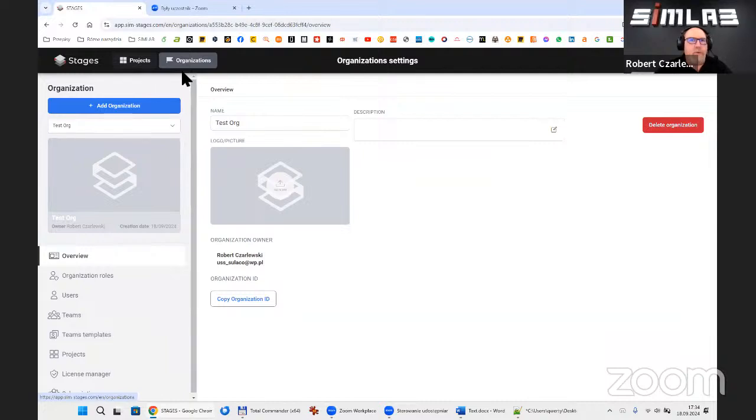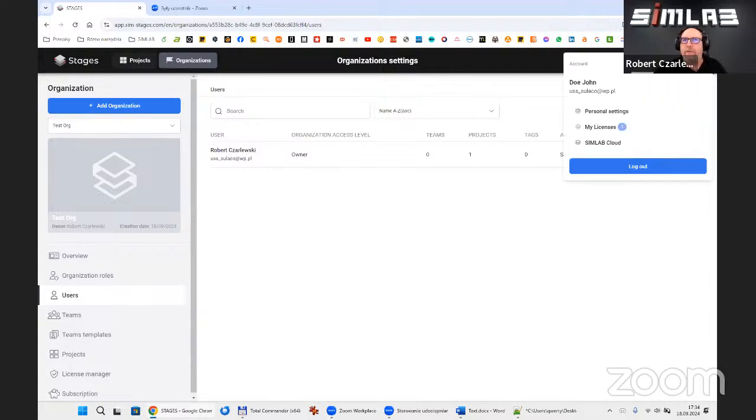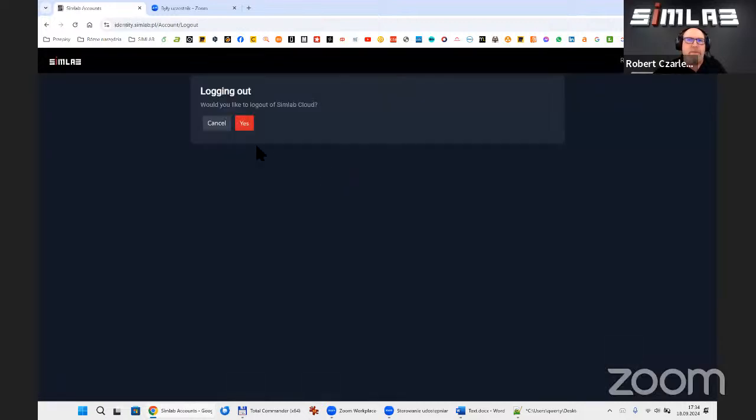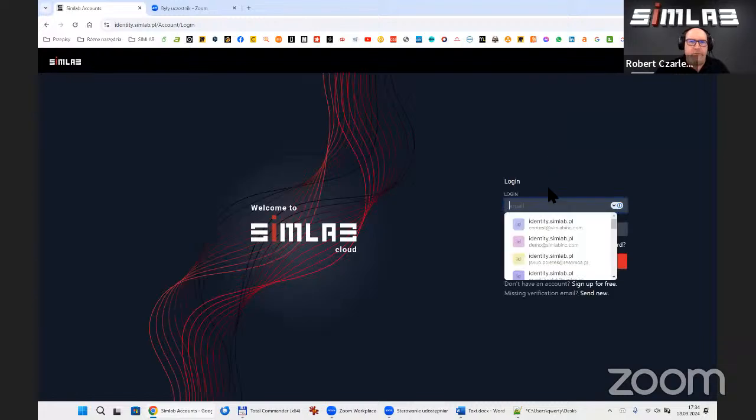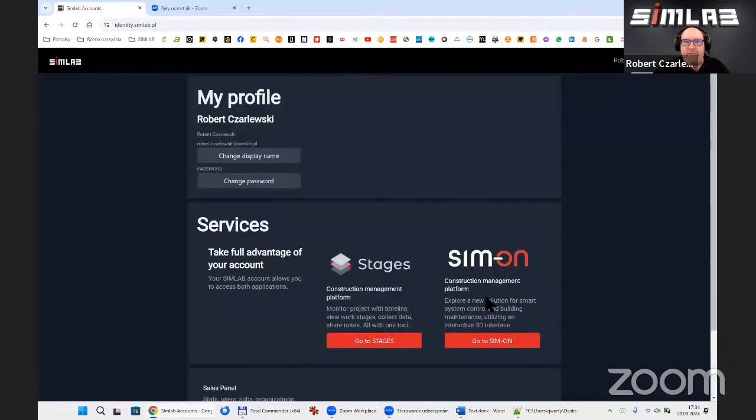So here we have a users menu where I can add new users. And what is important, I can add those new users to my organization, to my project with different levels of permissions. I will switch to another account here, because this one is quite new without any additional licenses assigned.